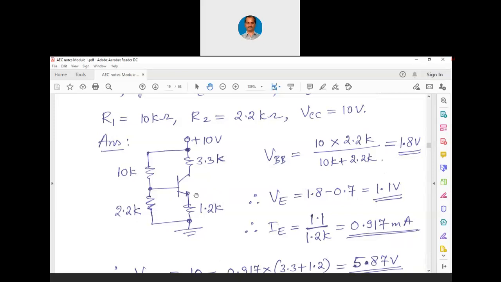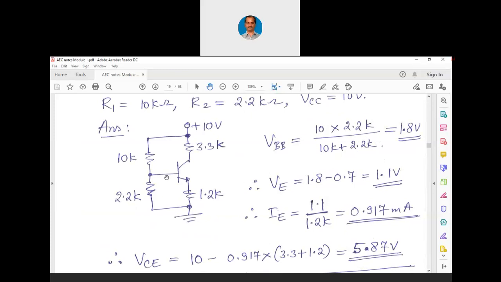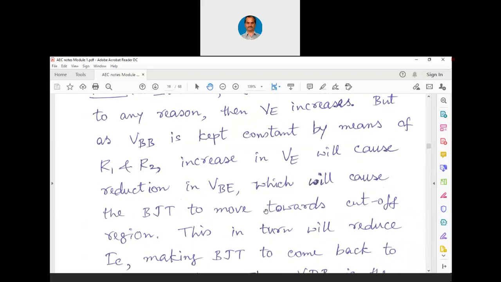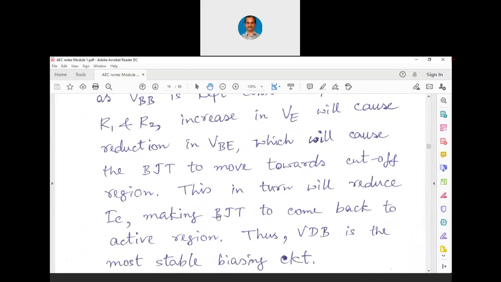If transistor has to go into saturation region, across the PN junction, there must be an increase in voltage. But this prevents it. Because VBB is kept constant, this circuit prevents the increase in VBE itself, which was not there in our emitter bias also. In emitter bias, we did not take care of keeping this VBB constant. But here, because of this R2, VBB is kept constant, because of which it will cause the BJT to move towards cutoff region. It will not go towards saturation. It will move towards cutoff, means it will remain inactive only.